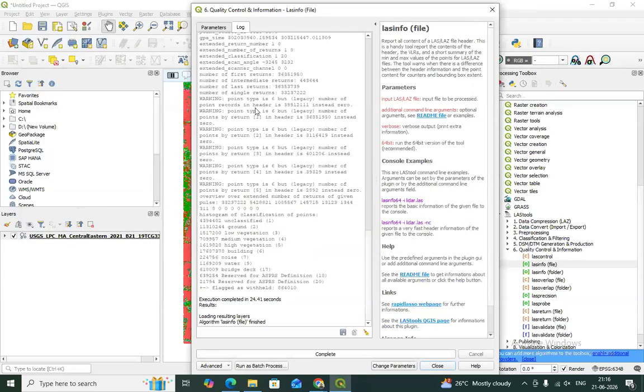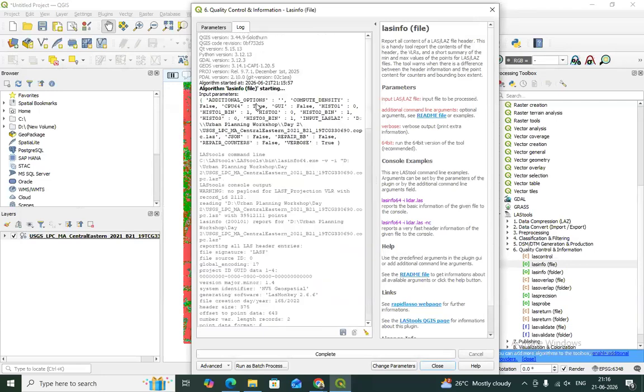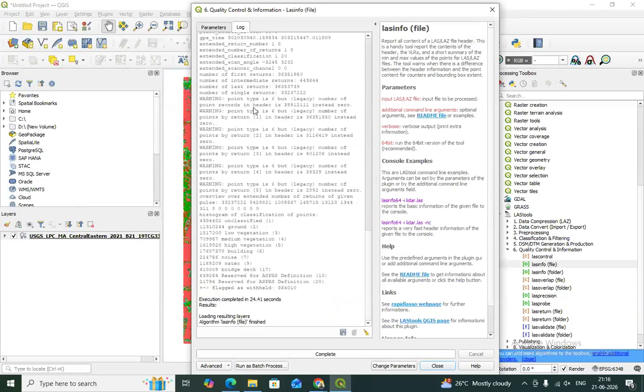Once it is done, it has returned lots of information and metadata. It can tell you that ground is 2 and the number of points associated with each type. For ground, you have this many points. For low vegetation, you have this many points. For medium vegetation, the code is 4 and you have this many points.